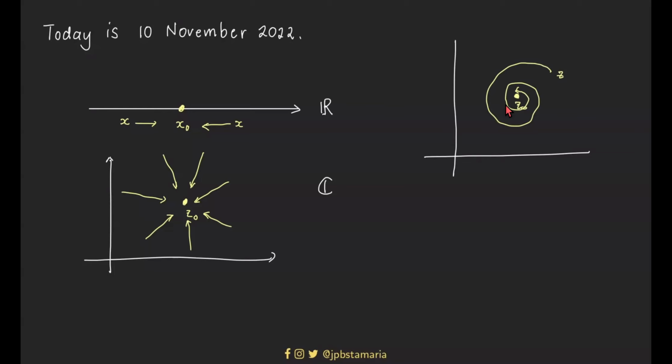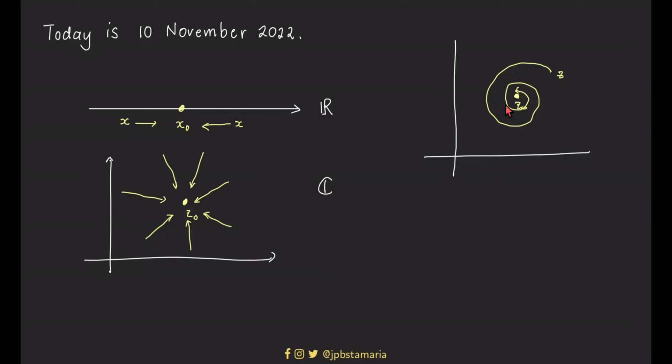The truth is, just like in the real case, pag hindi nag-equal yung limit mo from the left at yung limit mo from the right, when they are not equal, what is the conclusion? Sa real case, kapag hindi nag-equal yung limit from the left at yung limit from the right, anong conclusion? The limit does not exist po. Anyone? Yan. Yeah. Sabi ni Brill, the limit does not exist po.